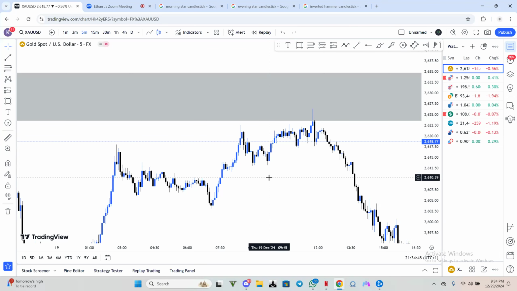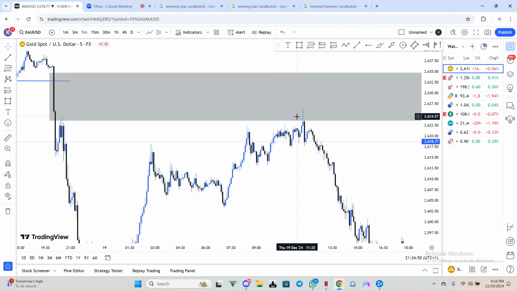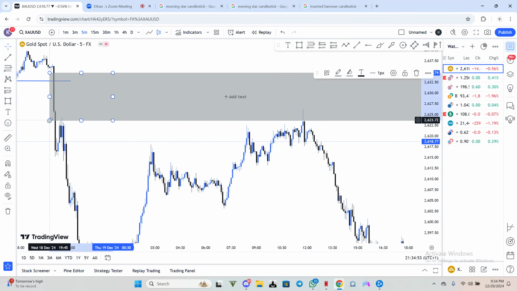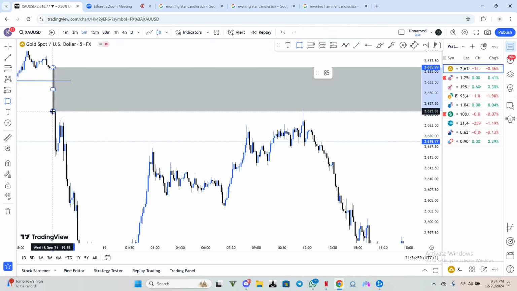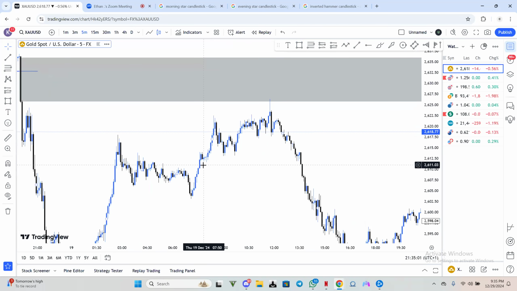So, like I was saying, inside the fair value gap, we still have another fair value gap here. You can take this 15 minutes fair value gap and mark out the 5 minutes fair value gap. This is the 5 minutes fair value gap. As you can see, price action tapped into the fair value gap. You need to make sure the